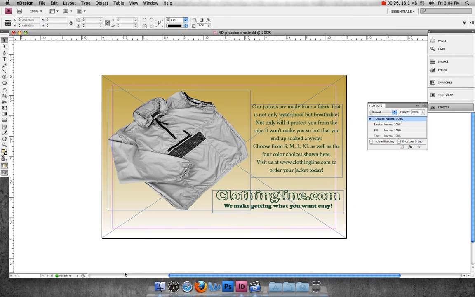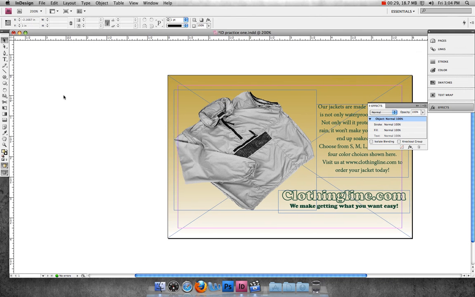So I'm going to scroll a little bit over to the left-hand side here. And if I grab the polygon tool and start to draw, it's going to draw just that. It's going to be some sort of multi-sided object, in this case a hexagon, which is not what we want in this case. We want a 5-pointed star. So I'm going to delete that and then go back to the polygon frame tool,